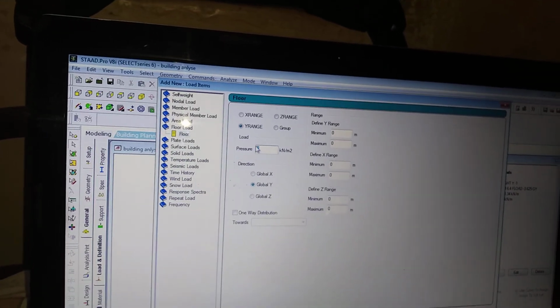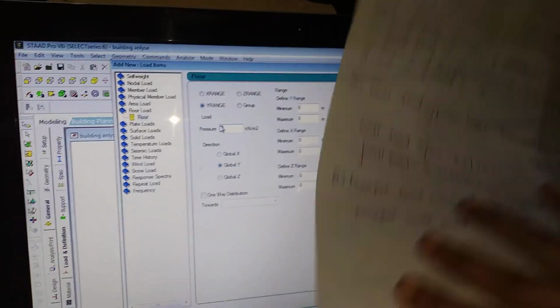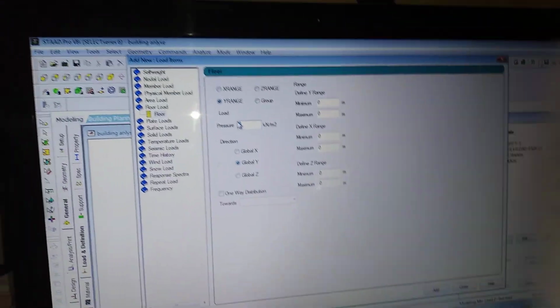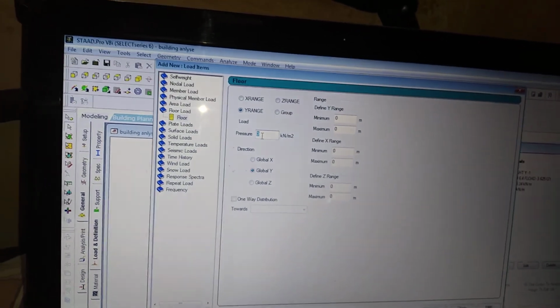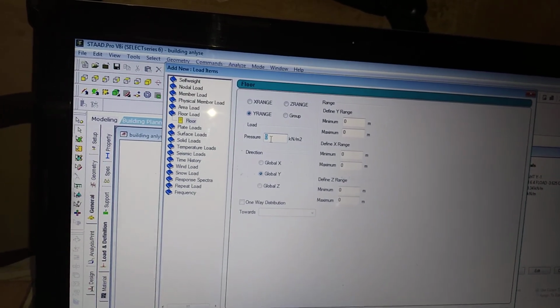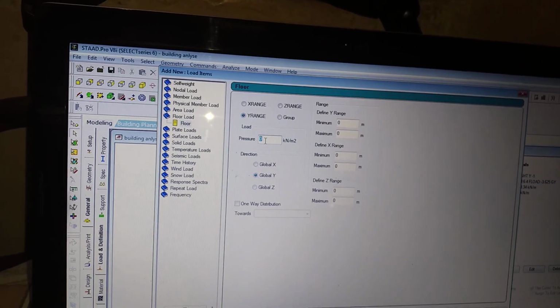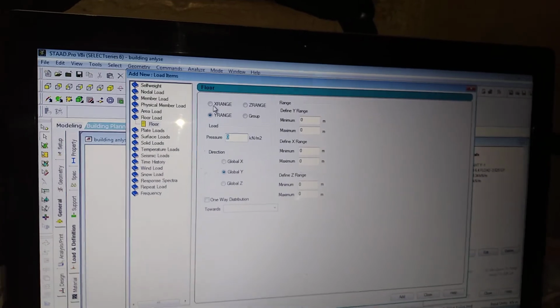Okay, I will take live load 3 kilonewton per meter square. It covers kitchens and also passages and corridors, as some constant values I took. See here.